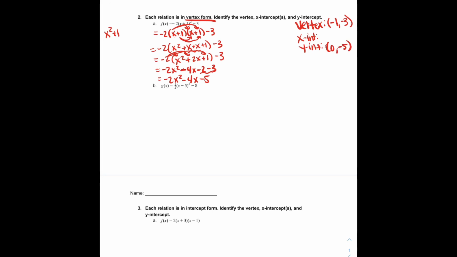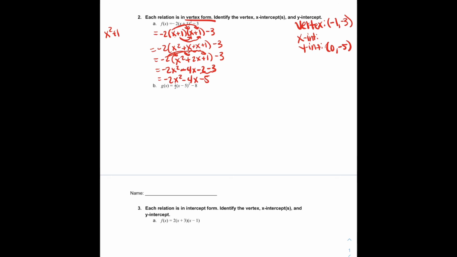Remember, your y-intercept is always, the x value is always 0 because you're on the y-axis. It's where you cross the y-axis. My x value on my y-axis, no matter where I'm at, is 0. Okay? Okay, so now